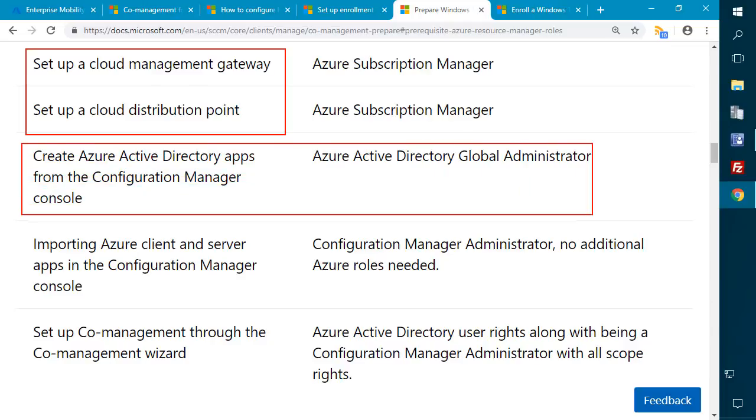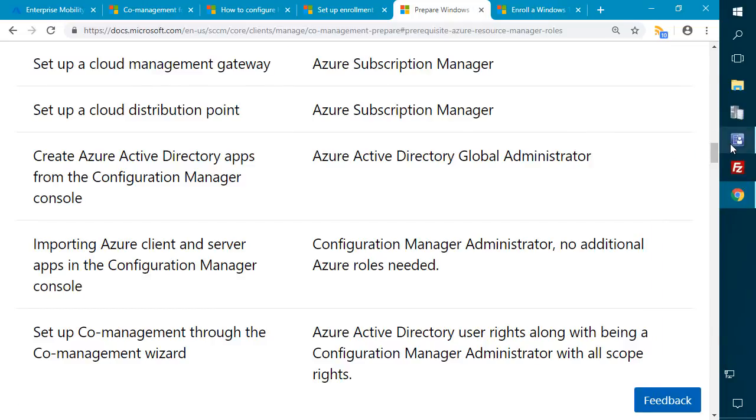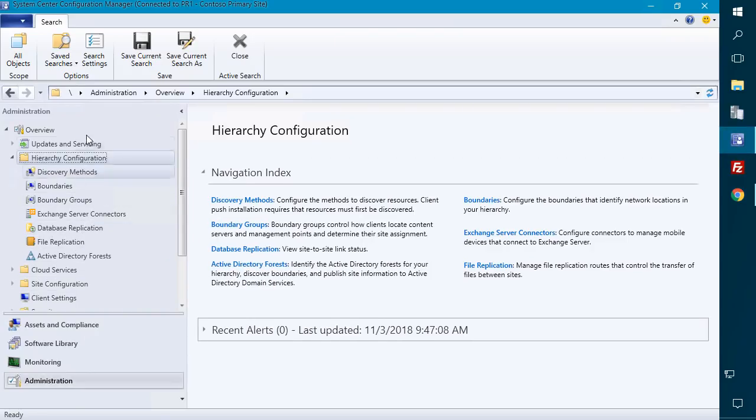and creating all the Azure AD subscriptions. So this is all done in the previous video, so you will want to start there if you want to do the scenario that we're talking about first, where we enroll through Azure AD, auto-enroll in Intune, and then the client. So coming back to our console to show you where we're at today,